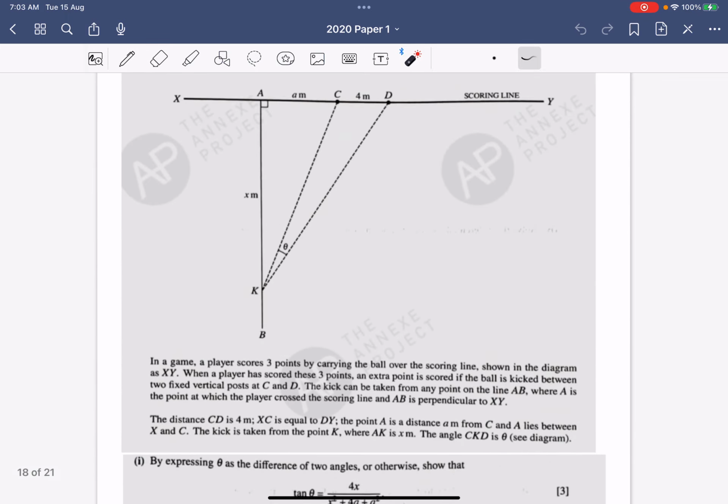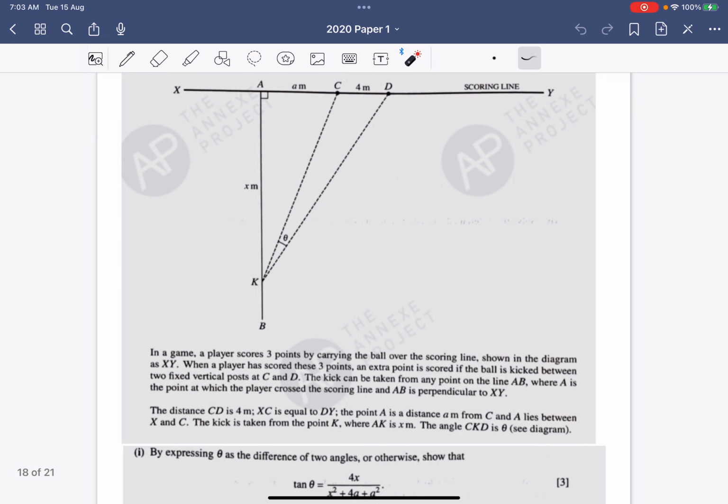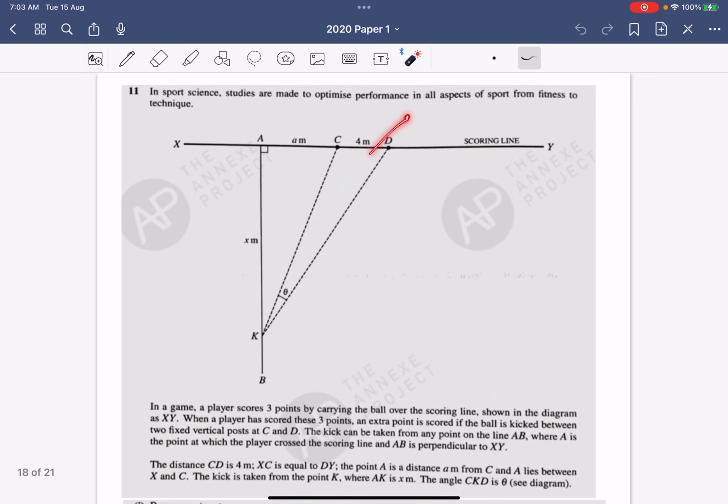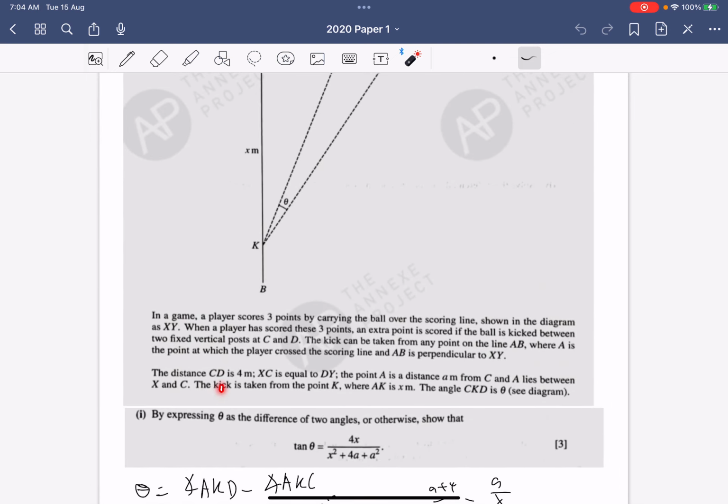So a player scores 3 points by carrying the ball over the scoring line. So we just need to bring the ball over. And when the player scores this 3 points, an extra point will be rewarded if it is kicked within C to D. The kick has to be any point along this line AB, where A is the point at which the player crossed the scoring line. AB is then perpendicular to XY, so you get a lot of information,